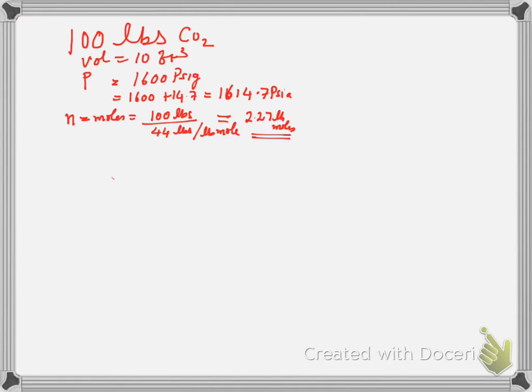So we know n now, we're trying to figure out temperature, we know V, we know P. But with P being high pressure, we cannot use simply PV equals nRT, we need Z. So let's calculate Z here, okay? How do we calculate Z? Reduced pressure and reduced temperature. So now reduced pressure is equal to